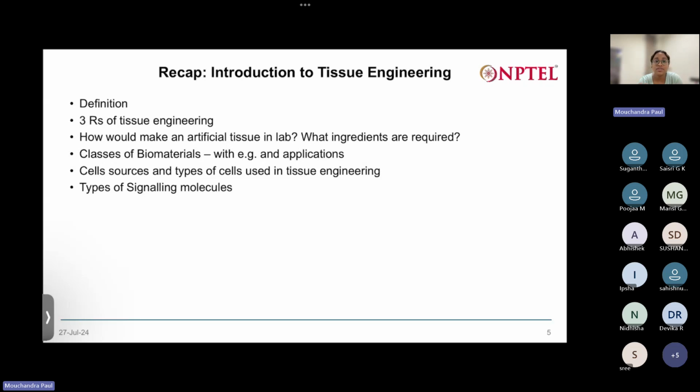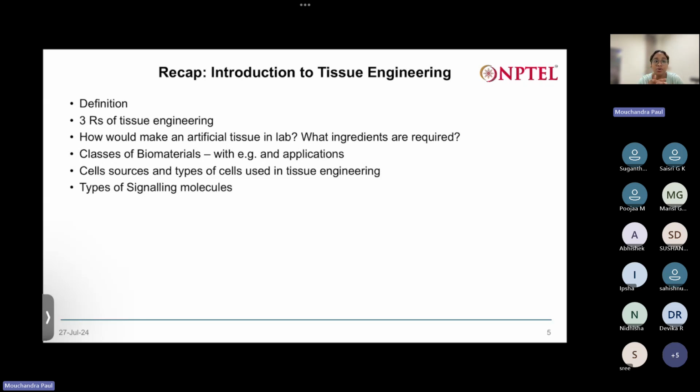Yes, you've identified the source. Then what type of cell is needed for that application? Do you need differentiated cells? Do you need stem cells? Do you need embryonic stem cells? Induced pluripotent stem cells are there. So depending on your application, you would have to select the cell type. And you can also choose a cocktail of signaling molecules in order to control the maturation process of your artificial tissue. So in very brief, I tried to recap what was discussed in week 1,